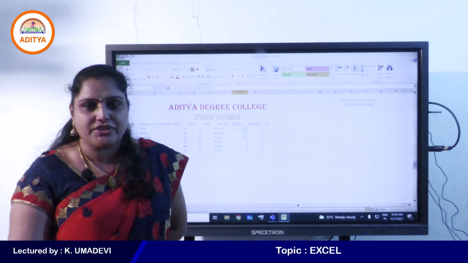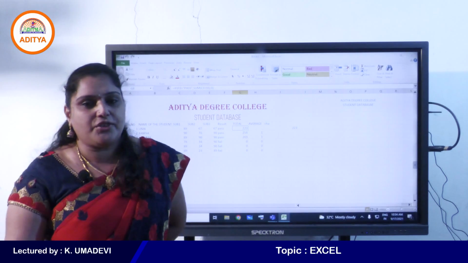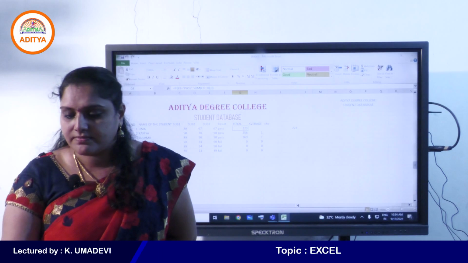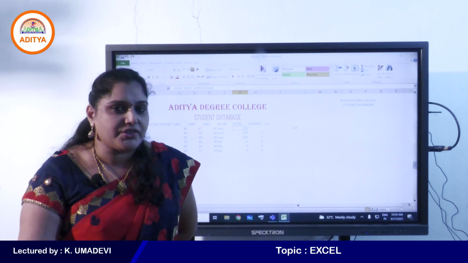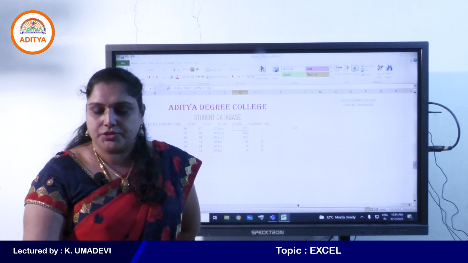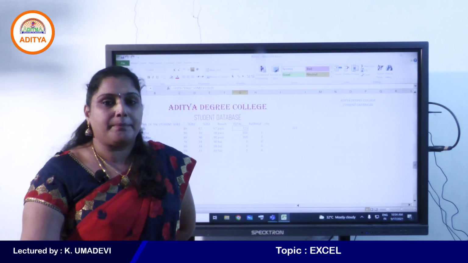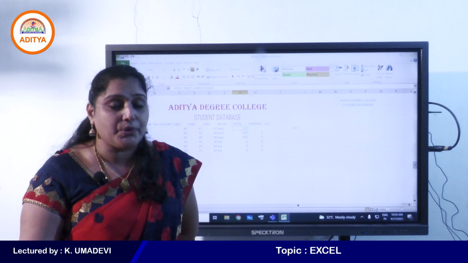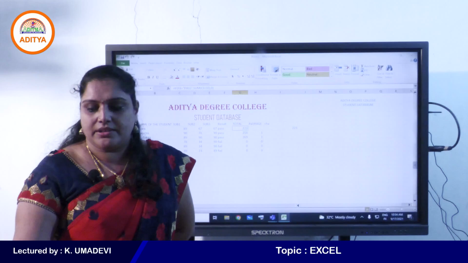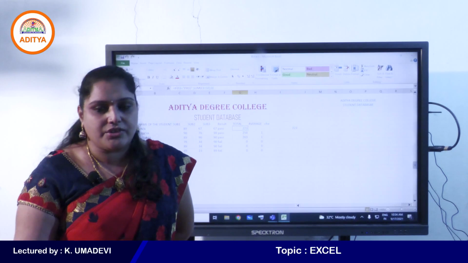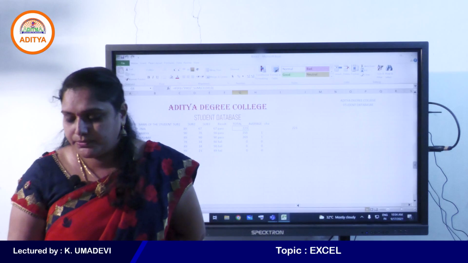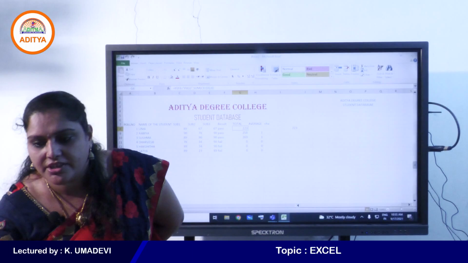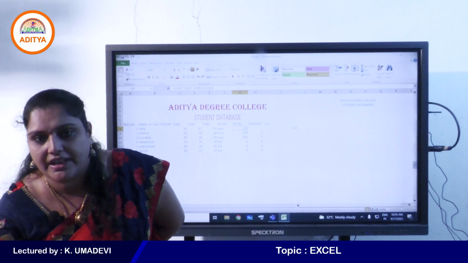In the previous class we learned about the IF function, right? So what is the use of the IF function, students? What is the use of logical functions? The IF function is used to test a condition to evaluate true or false. But instead of the boolean values true or false, the IF function is used to return a true value instead of TRUE, and to return a false value instead of FALSE, right? Yes, IF is used to evaluate true or false.